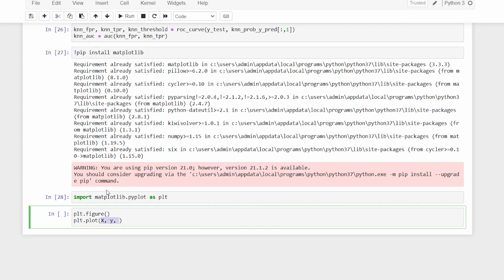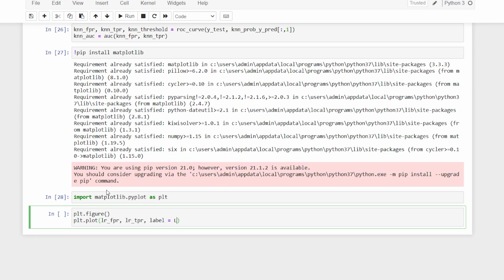So here I'll say LR FPR, then I'll take LR TPR. Now I'll say label. This label is going to be the label of the entire thing that I have.